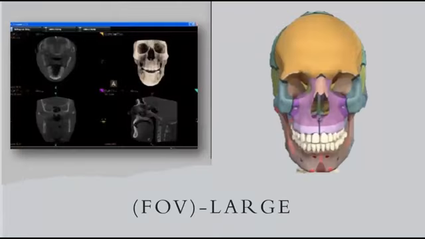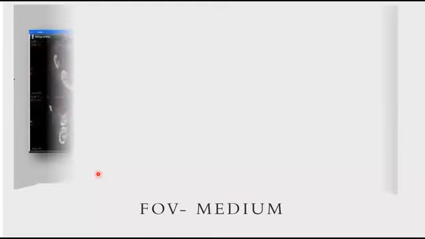We're talking about the large field of view. This covers the entire skull from the calvaria to the lower border of the mandible and sometimes even the cervical vertebra. And this is the representation in the different axial planes and the different visualization planes, which I will be dealing with in the further slides.